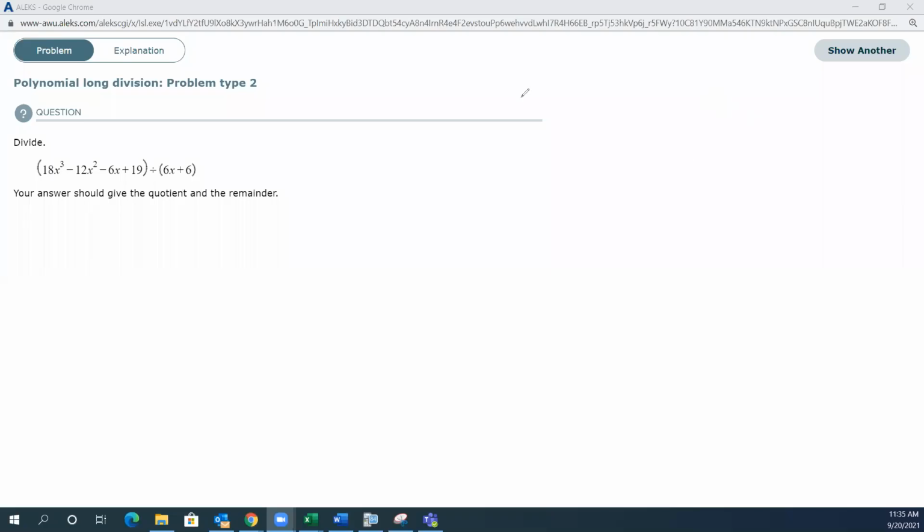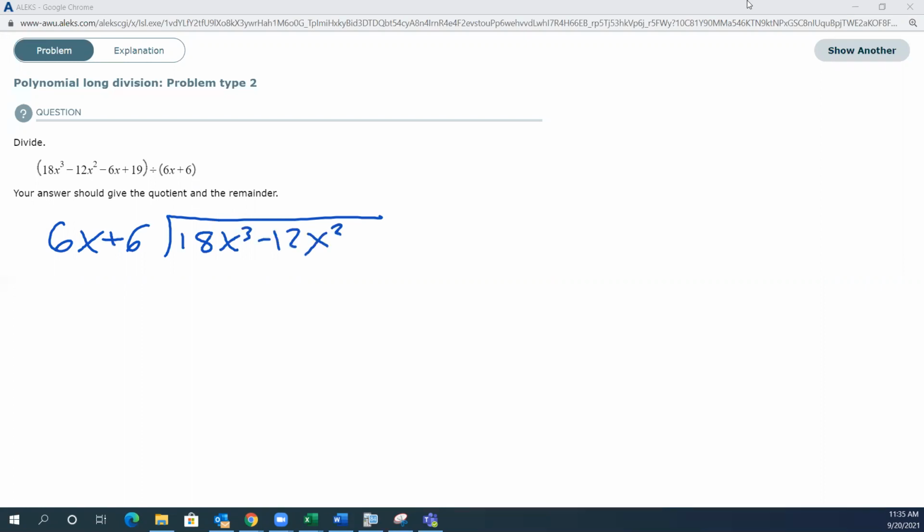All right, so it's everybody's favorite: polynomial division, long division. How fun is that? It's done very similarly to the long division that you did in elementary school, like in 3rd or 4th grade or whenever you did it. All right, so we're going to say 6x plus 6 divides into 18x cubed